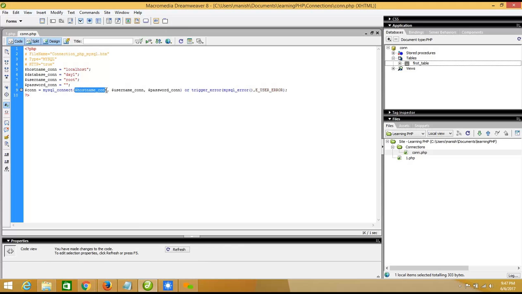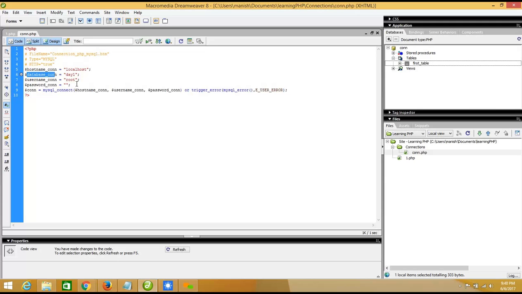Don't worry about how this parameter is constructed. Just remember in the MySQL connect, we are putting host name, username, and the password. Right now, we are still not using the database, which we will use in another file. I will show you that file where we are using the database. If you see this connection string, we are not using the database part. This database part is not used, because it will be used in another file which we will create